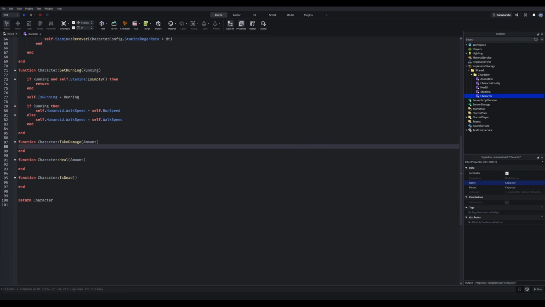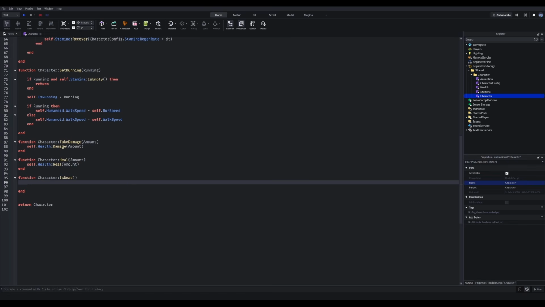Take damage, we can do self.health, go on damage. Now this seems kind of pointless for now, but once we add effects and stuff, it will do a lot more. Check they're dead is just